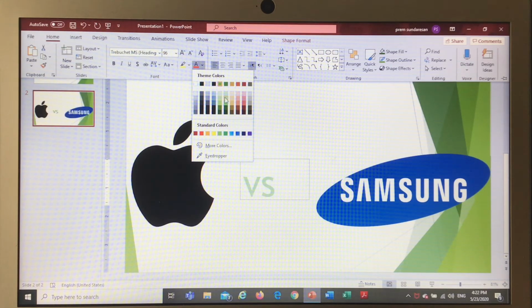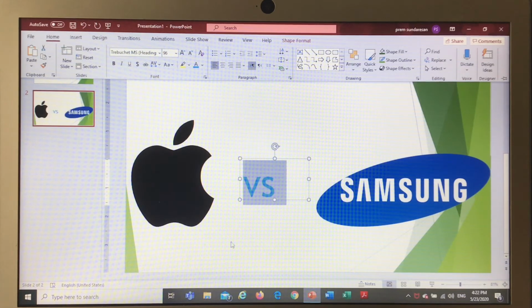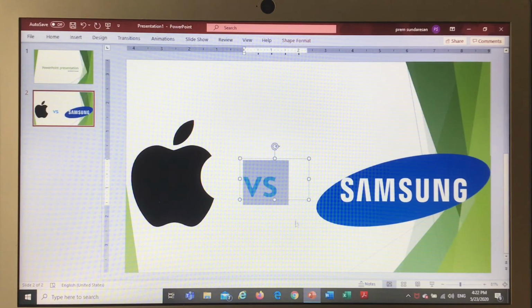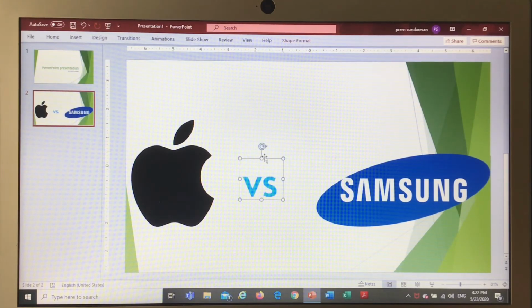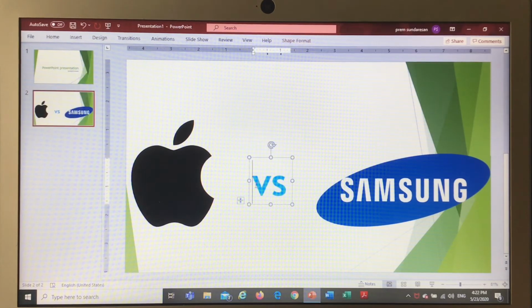So unlike in Word, you can't do a gradient text, which is a bit disappointing, but you can bolden it. Just going to go with the light blue, and I'll just bold that. Now we'll just make this text box a bit more smaller, maybe a bit this, and we'll move it. Okay, now we have done the text, and now we want to change the font.